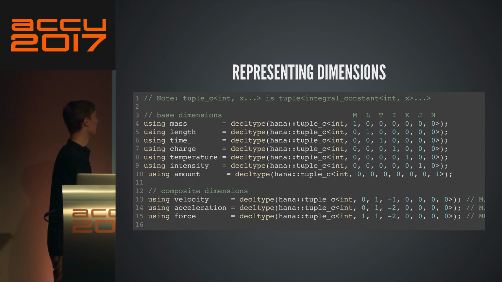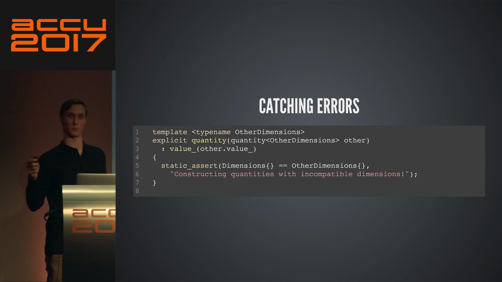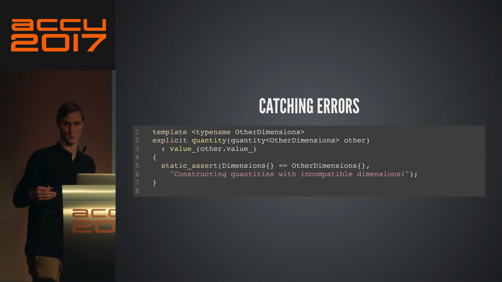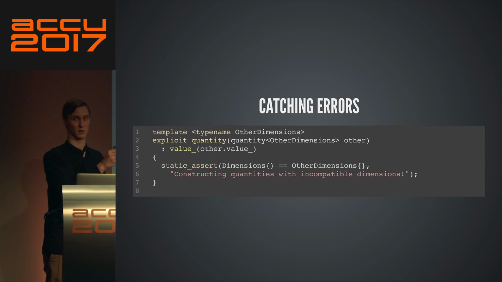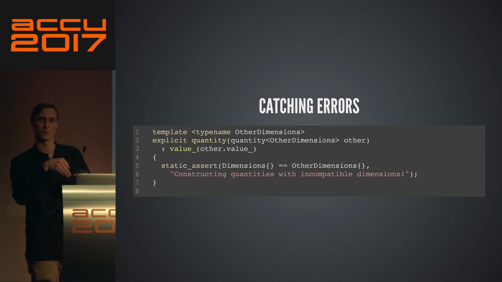The other thing is, this is actually going to work if, for example, you have integral constants from std and from Hana in the vector, because this does a deep comparison with equal. It checks that the values are equal, where the other one is going to be an exact type match. So if you have one dimension specified with a tuple of std integral constant, and the other one is a tuple of Hana integral constants, it's not going to work because they're different types, but they could represent the same values. But doesn't that break std is convertible, you're going to say?